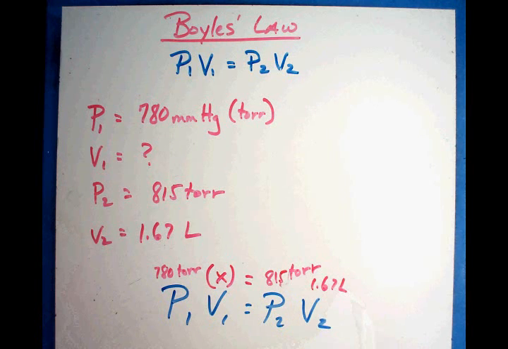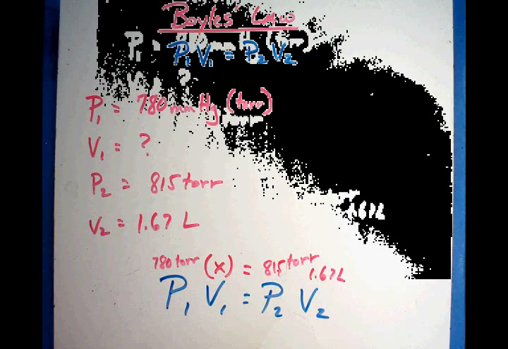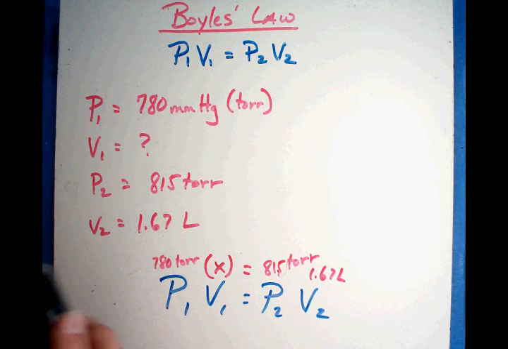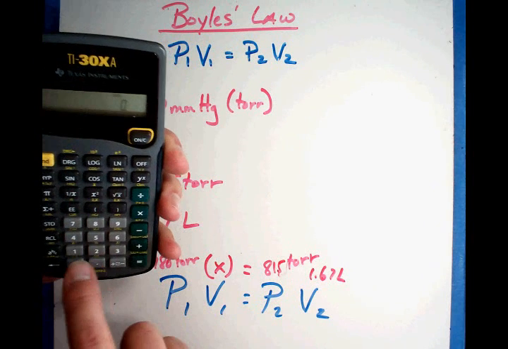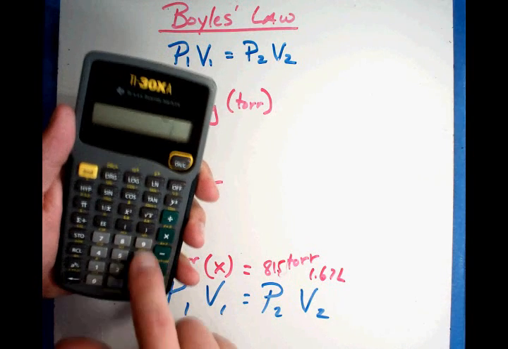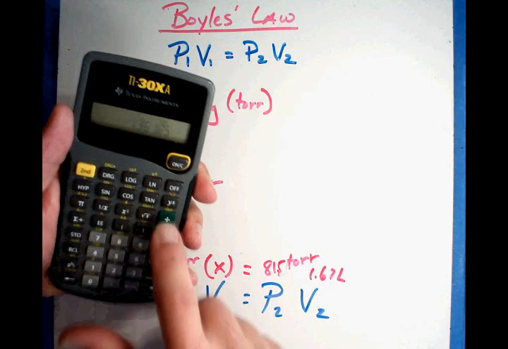Now notice this time the X is not on the right hand side. It doesn't matter. Read the questions carefully. They will tell you which thing you don't know. In this case, your unknown value happens to be on the left hand side. So you're going to end up dividing by 780 to move to the other side, and you can get the answer pretty easily. So I grab my handy dandy calculator. 815 times 1.67 equals, divided by